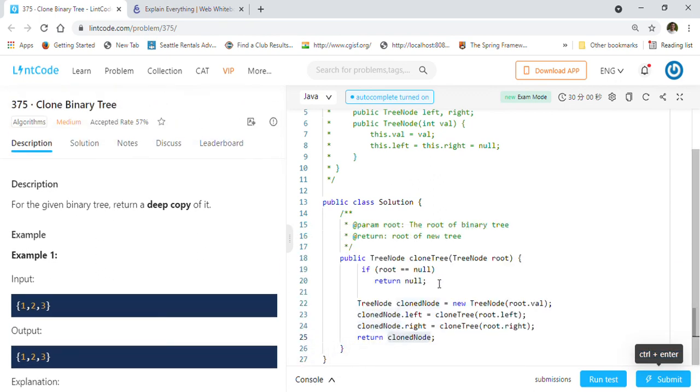In this cloning, generally for cloning, recursion works very well. So try out these programs, practice a little bit on recursion, because in many interviews they will ask you to clone either a binary tree or a graph or those kinds of questions. So practice it a little bit so you can be confident in your interview.